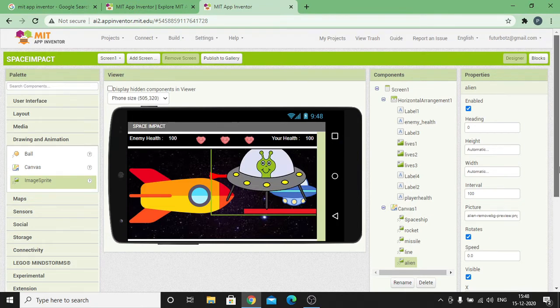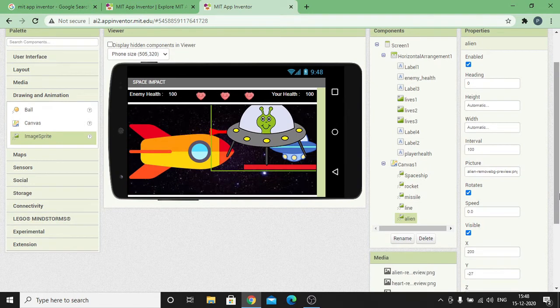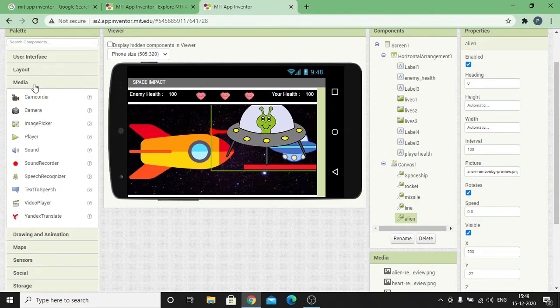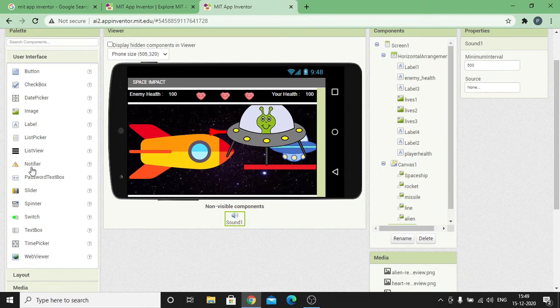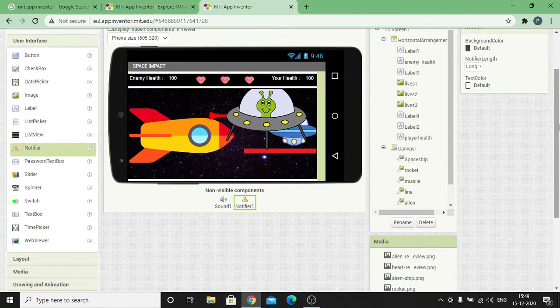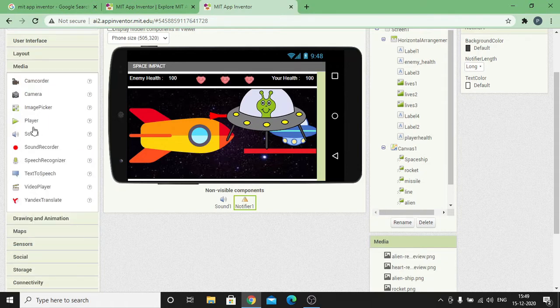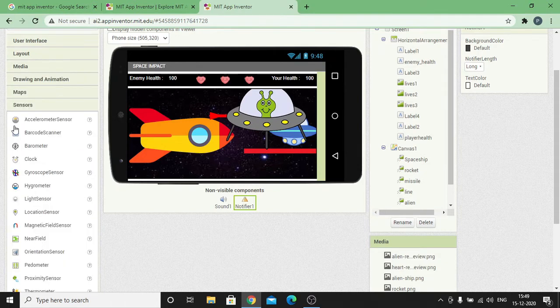And along with this, I'm going to add some sound effects whenever the missile or the line hits another object. So for that, click on media, drag and drop a sound component. A notifier component is needed to denote the user who has won the game. So click on user interface, drag and drop a notifier component. Along with that, I'm gonna add two clock components for time related functions, which you will understand once we go to the block section. So click on sensors, drag and drop two clock components